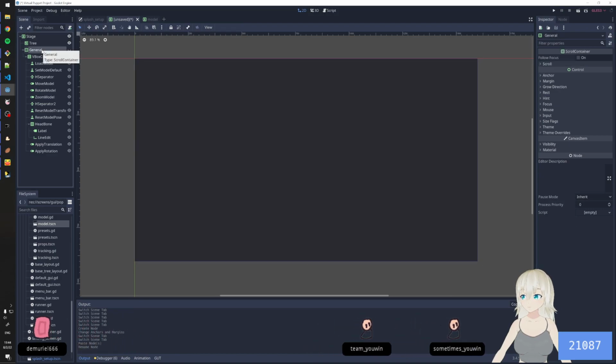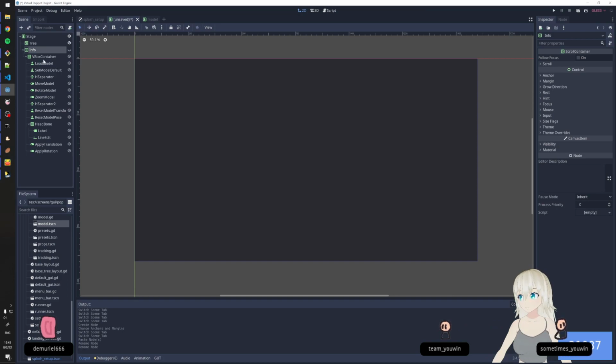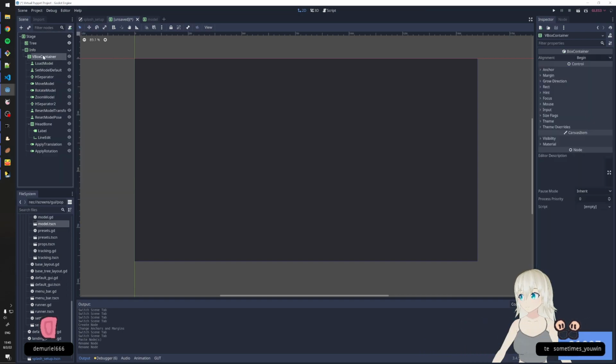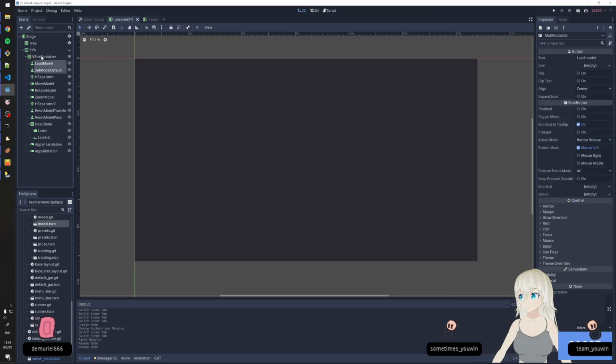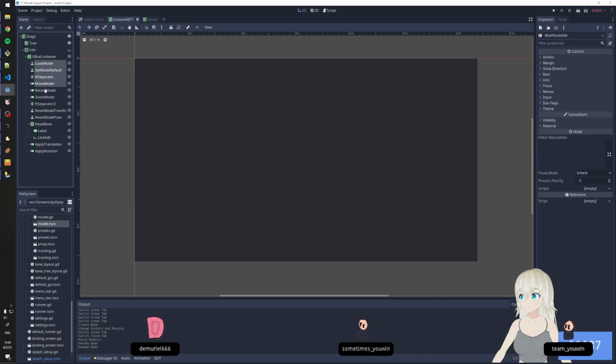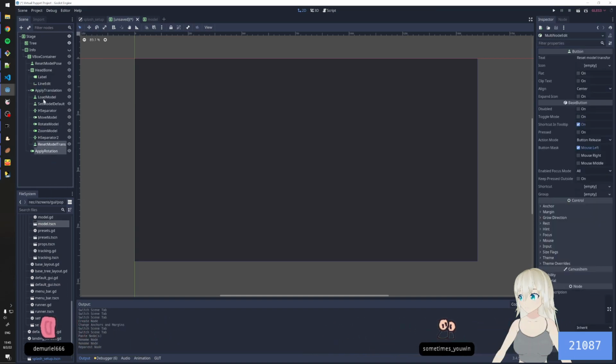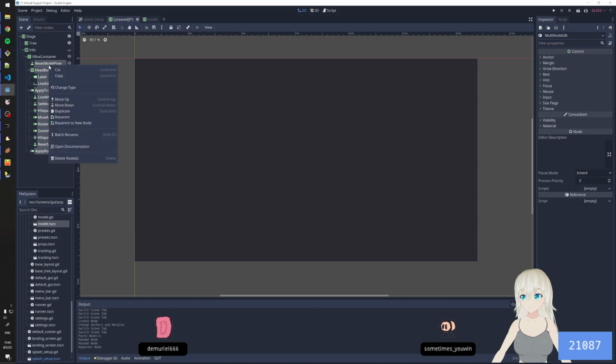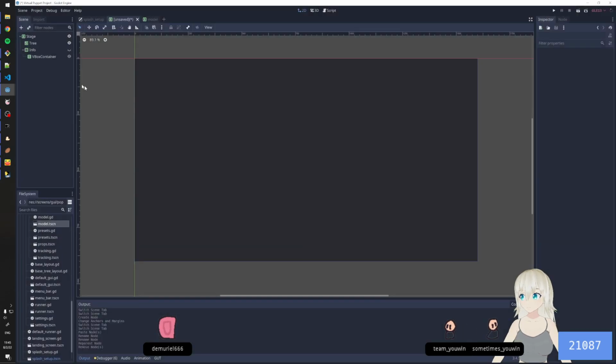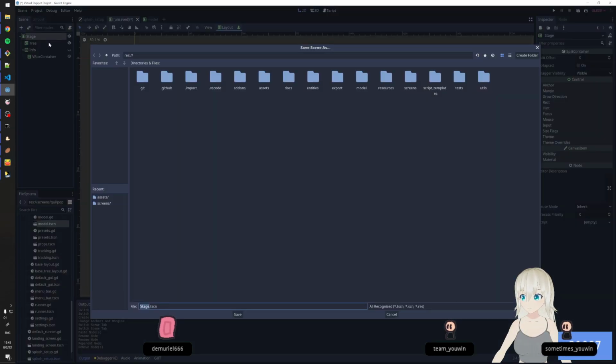And then general, probably not. Or maybe, no. Call this info. Scroll container, that's fine. Doesn't have anything in it though. VBox container, is there a way to do this? Oh no. Well, that's close enough. Delete all of these. There we go. Give this a save,